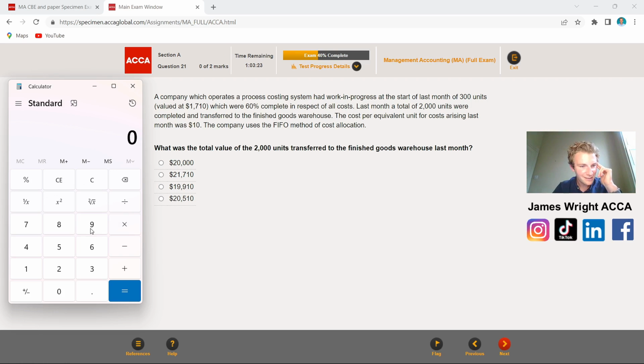So what we need to say is that we've got 300 units that are the work in progress that still have 40% to actually be completed. So there's my 0.4. And then the total cost arising per unit in that period was 10. So I would multiply that by 10, and then that would give me the total cost for the remaining 40%. So I'm trying to be crystal clear here now so it comes across perfect to you, in order to complete those goods. So the 1,710 is for the 60%. The 1,200 is for the remaining 40% to complete those work in progress goods that they're fit for purpose and